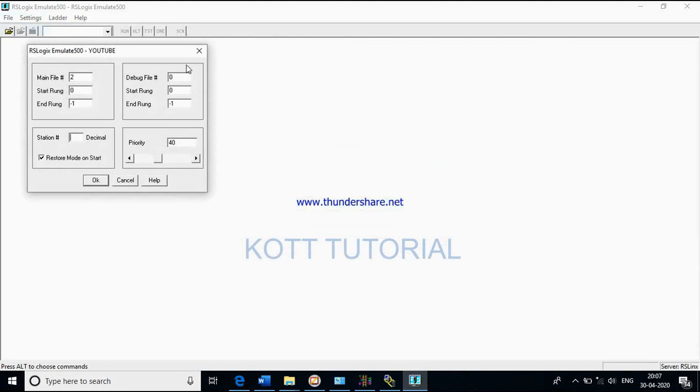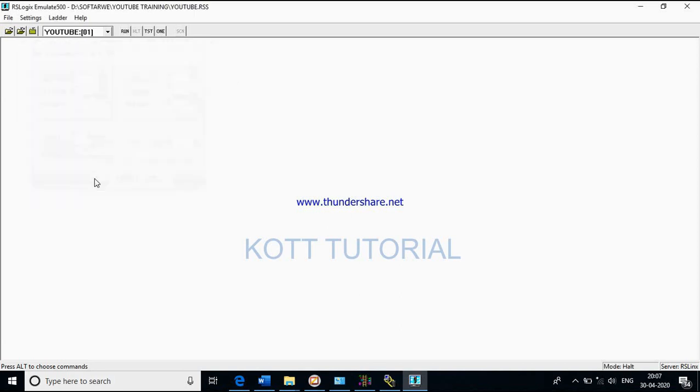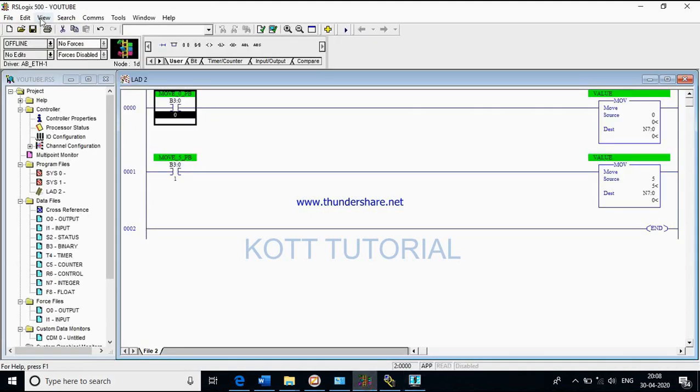These are all the default values. Let it be as it is. This is the main file number, start run and run. Now here is the station number. Let us give station number 1. Okay, station number 1. I have opened the RSLogix Emulate 500 software, in which I have opened the YouTube program, that is the RSLogix 500 program.